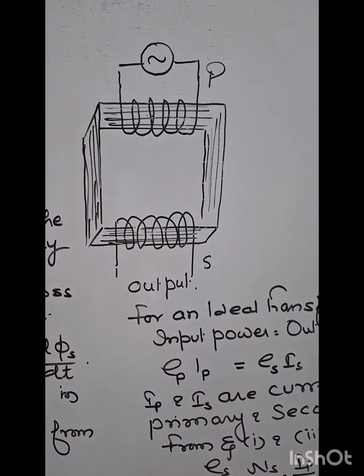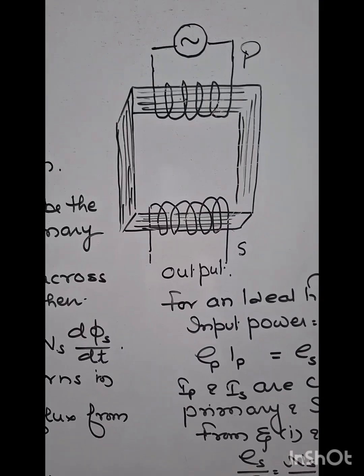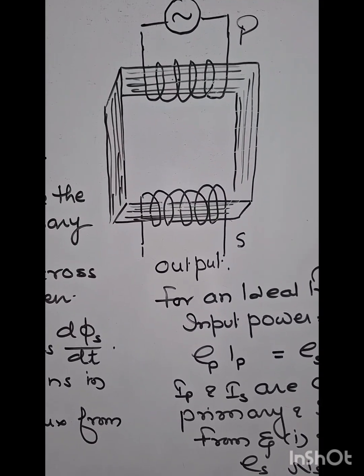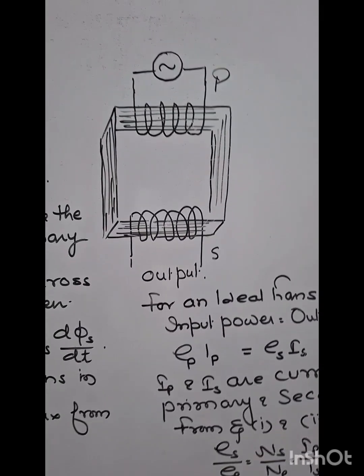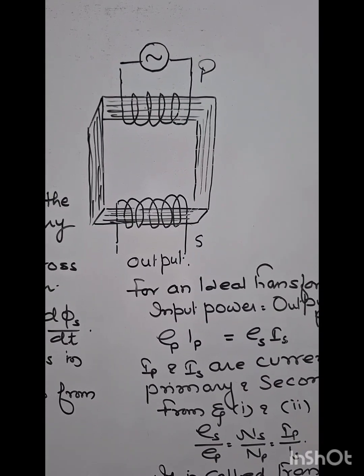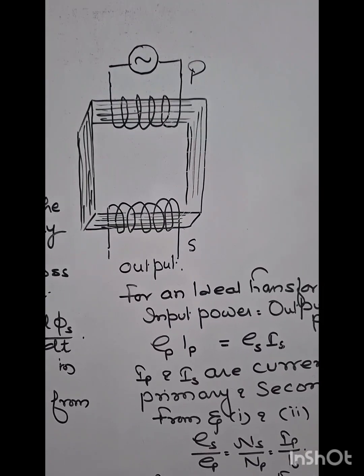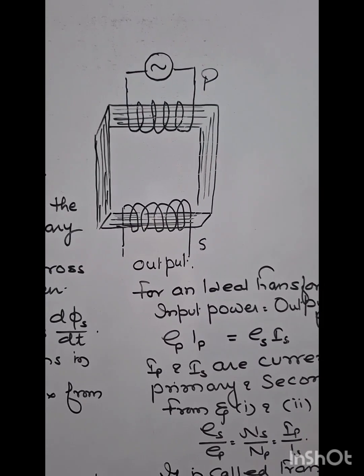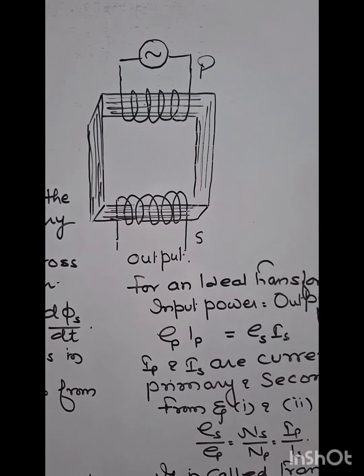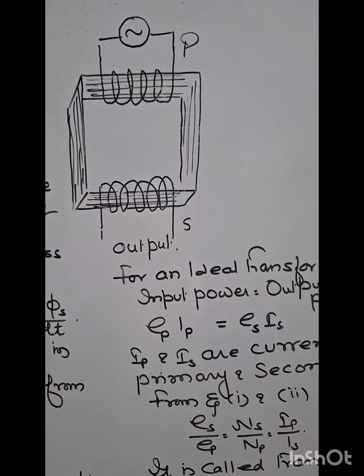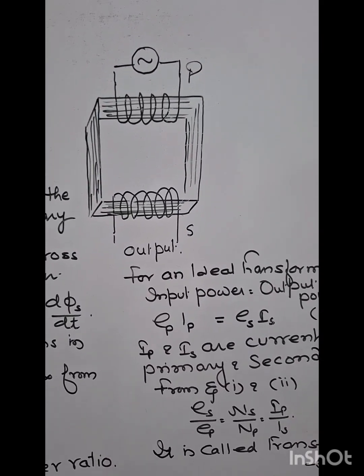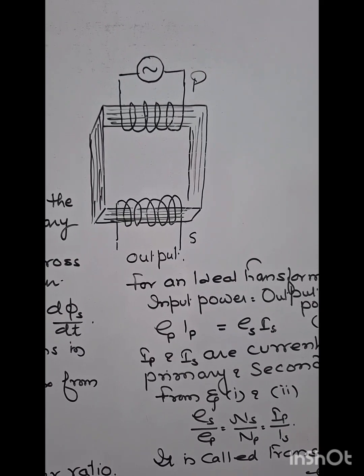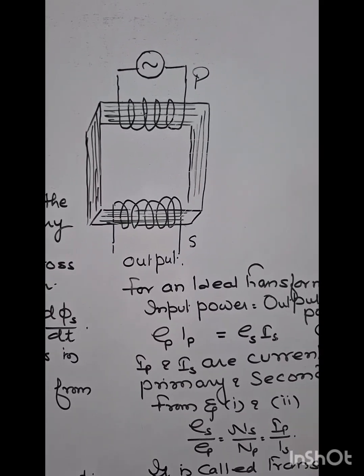Construction. As shown in the figure, a transformer simply consists of a rectangular core of soft iron which is laminated to minimize eddy currents. There are two coils, primary and secondary coils. They are wound on this rectangular frame, but these two coils neither touch each other nor the rectangular frame. The AC to be stepped up or stepped down is connected to the primary coil and output is taken